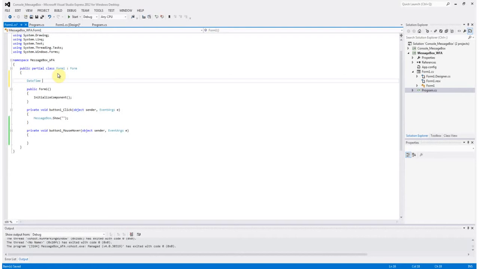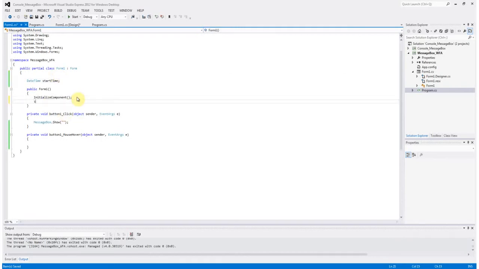I'm going to register the time at which we run the application, and then display that every time I press the button. So DateTime startTime. I'm going to initialize it within the constructor. So startTime equals DateTime.Now. Okay. And then within the message box, when we press the button, you see I deleted the code